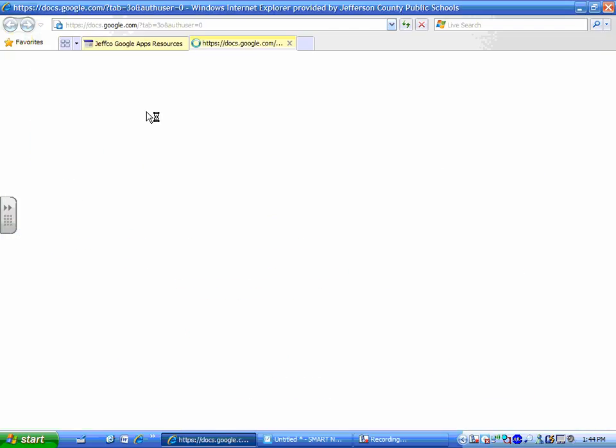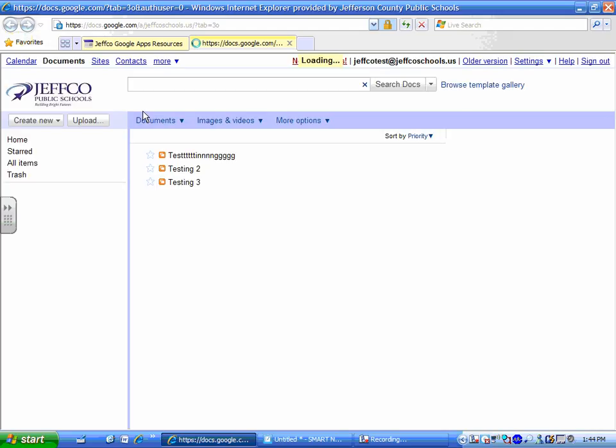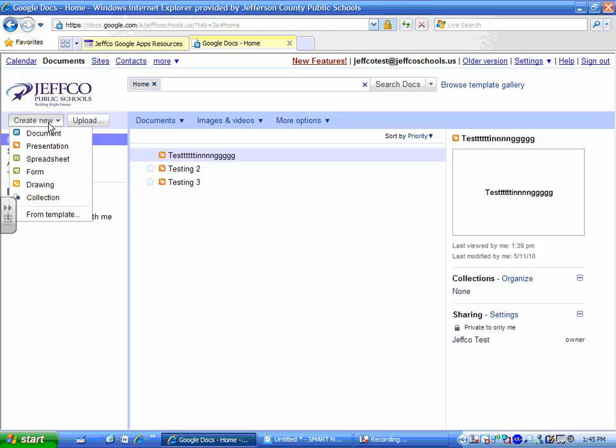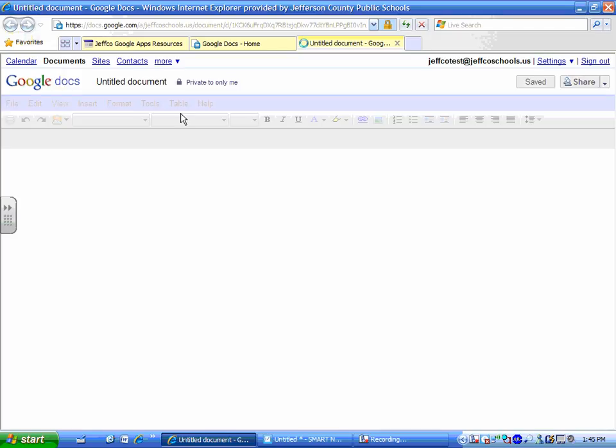and for this purpose, I'm just going to create a new document and show how I would share using the new contacts that's been turned on. So I go to Create New, I go to Document, and as with any document, one of the first things I'm probably going to do is rename it so I don't have 40 things called untitled. I would rename it right here where I'd click on untitled and it'd give me a name, but I'm going to hold off on that for a minute. The main thing is I want to go over to share. When I click on the share button on the right hand side,